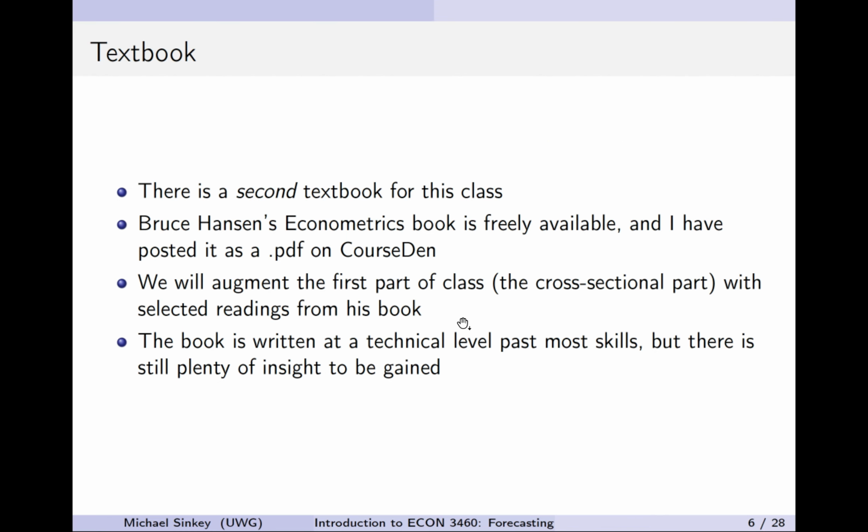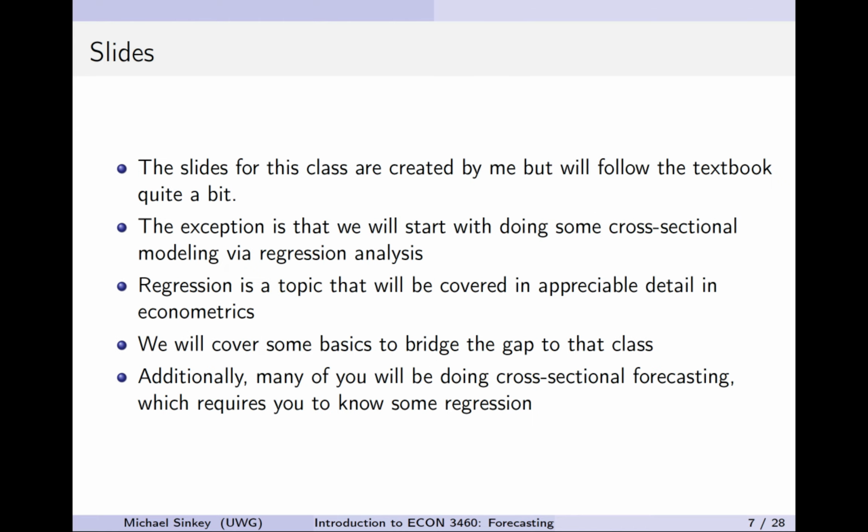There's a second book for this class. This kind of falls in the span between lecture notes and a fully completed textbook, but it's Bruce Hansen's econometrics book, and I don't expect us to read much, if any, of this book, but what I do think Dr. Hansen does a really good job of is explaining some of the details of regression in a non-technical way. So I want us to read those parts. Almost the rest of the book is too technical for us to understand. However, from the parts that are assigned reading, I think we can get a lot out of it, and I expect us to look at those parts with great interest.